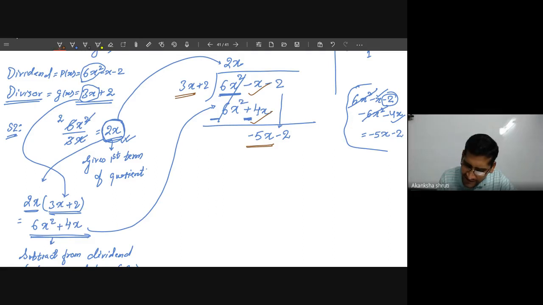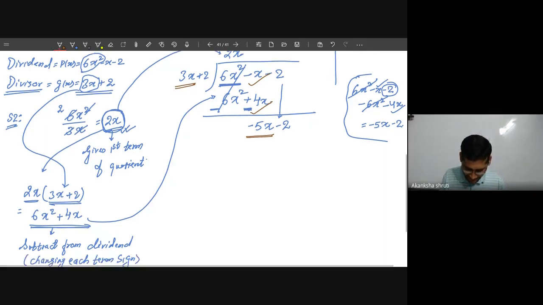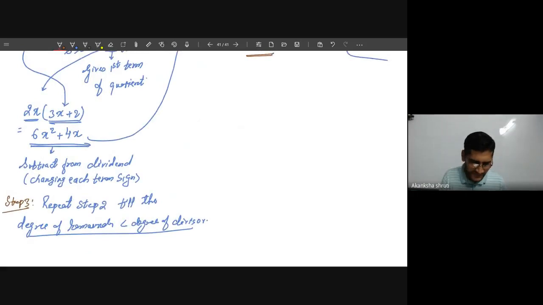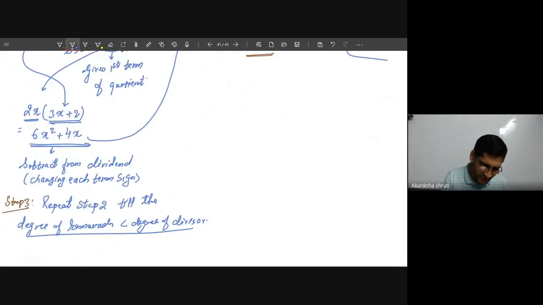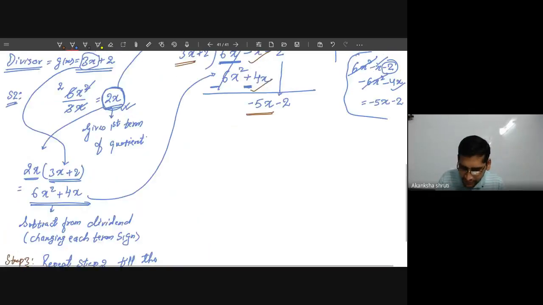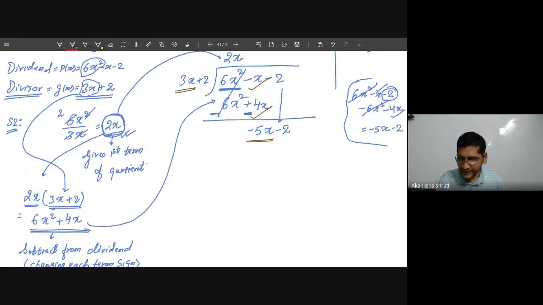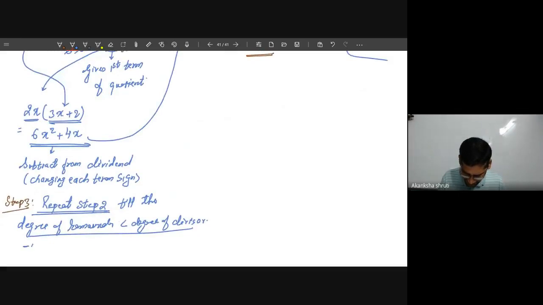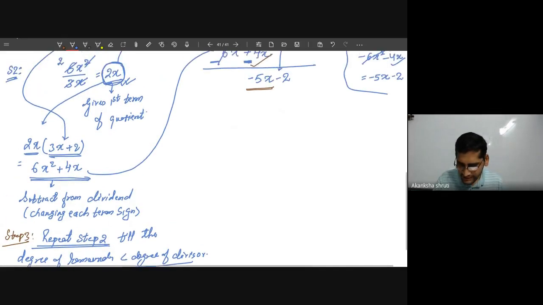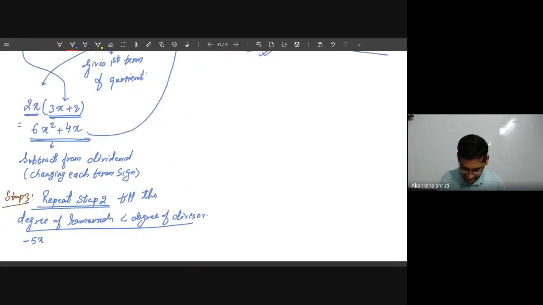Again you have to divide this minus 5x by 3x. Then you have to write it. So students, write down step number 3. Whatever the 2 red marks I have written, do that. For this repetition, whatever step 2 was there, the first term of the divisor, or which is going to be divided, that we have to take. Here it is minus of 5x. The red mark that I have written there.